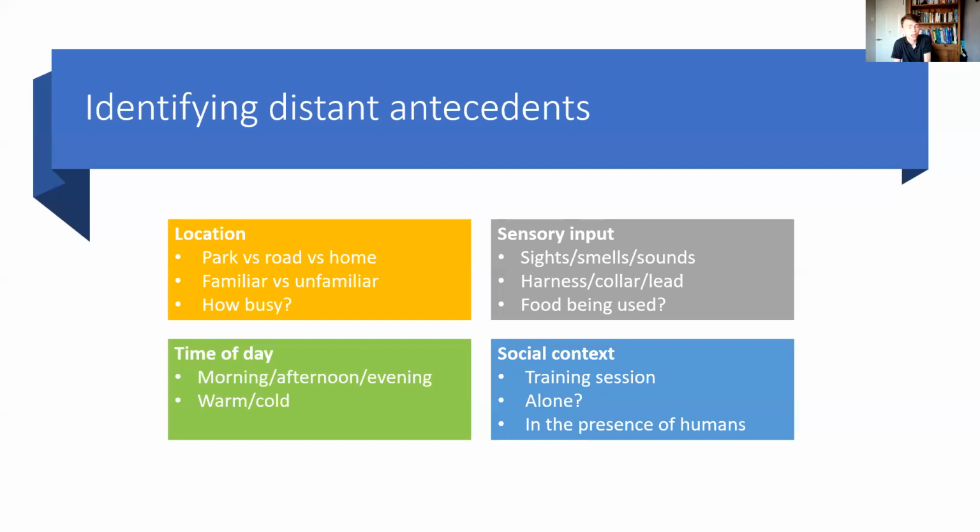Also, the time of day. Say a dog's had a bad experience in the evening once, they might be more alert when they go out in the evening in future, but actually might do quite well in the morning. Also, maybe if they know that the afternoon walk is where you get the busiest walks, that might lead to them becoming more alert. Also, whether it's warm, whether it's cold. It's been really sweltering hot today, so hopefully people haven't taken their dogs out. It's probably too hot for most dogs, most places in the country.